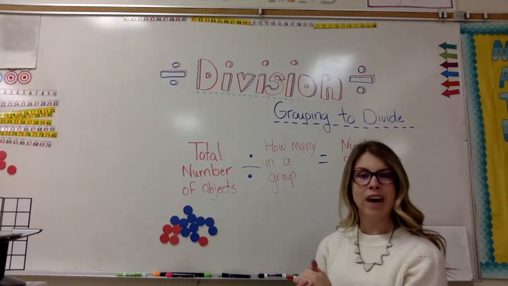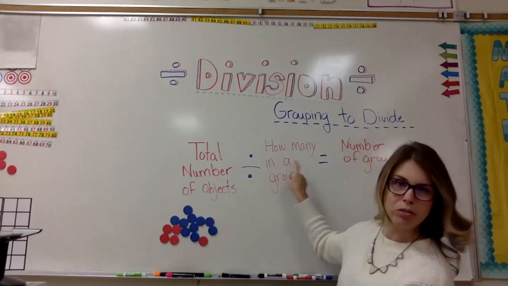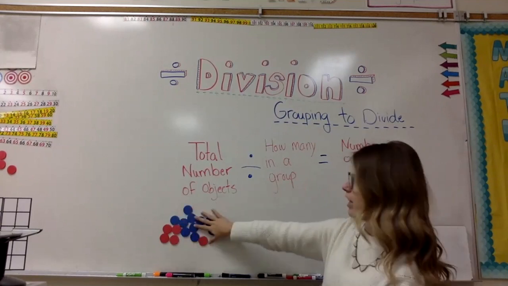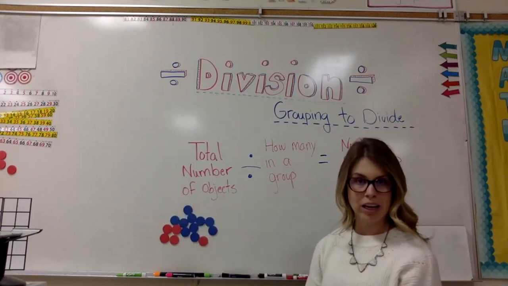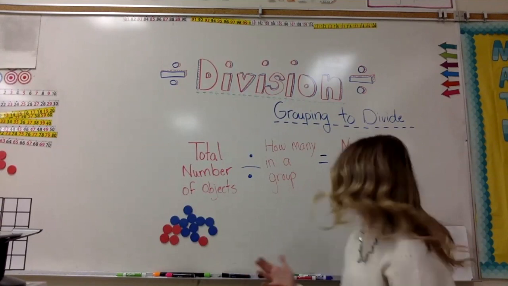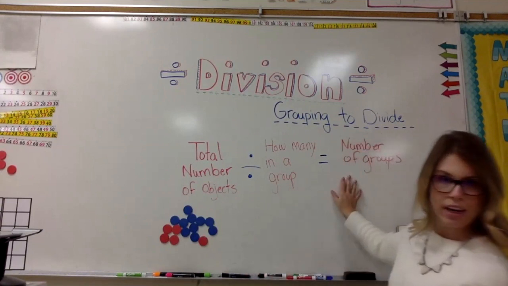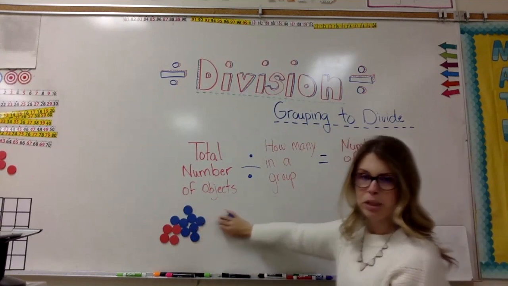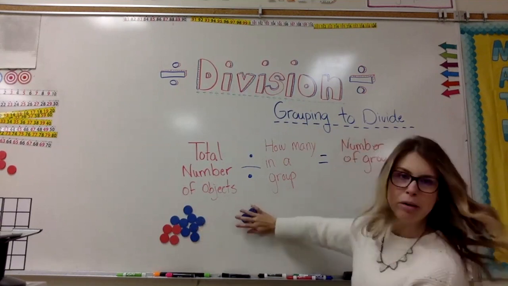okay, everyone, divide up into groups of 3. I want 3 kids in a group. There's 15 kids, and I want to put 3 in a group. My question to myself would be, how many groups can we have? If I take 15 and I split them off into groups of 3, how many groups of 3 am I